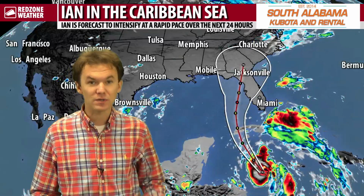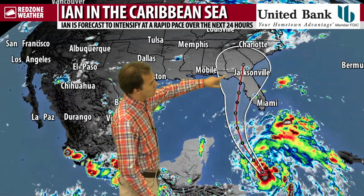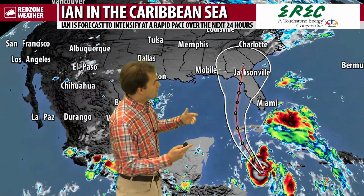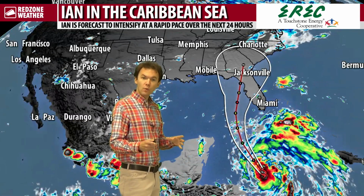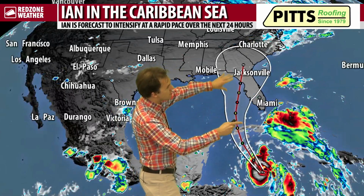this Monday continues to be Ian in the Caribbean Sea, moving off to the north-northwest this morning, and this storm is going to impact the Florida Peninsula and the Big Bend region, probably as a hurricane, maybe even a major hurricane. And it does look like this forecast will continue to verify as confidence is increasing now in the idea that we will see more in the way of impacts for the peninsula of Florida and not as much in